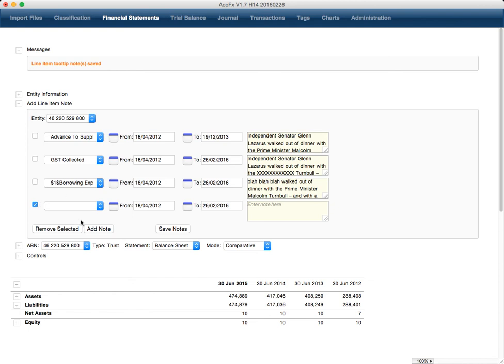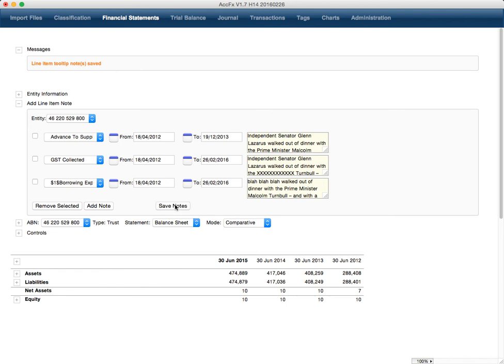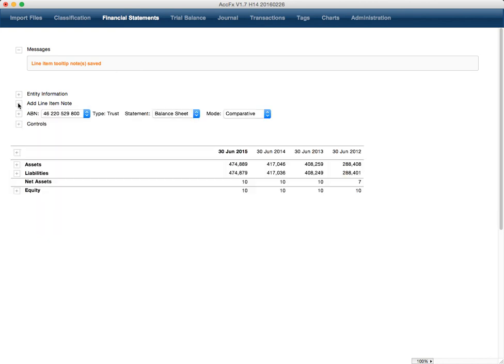And we can also remove notes if you need to go back and do that, and that's where you may need to just click on this to get the notes to load correctly. So we'll just remove that one. We'll save these notes, close this up to make some space,